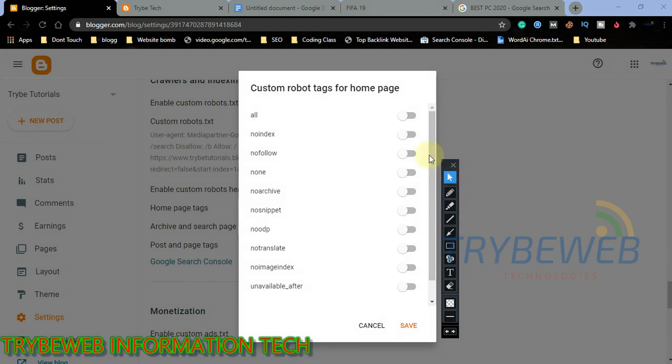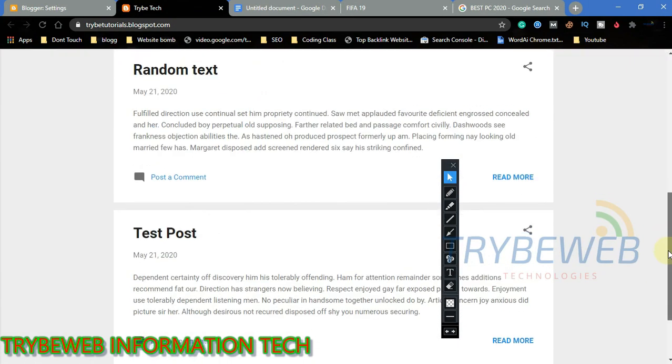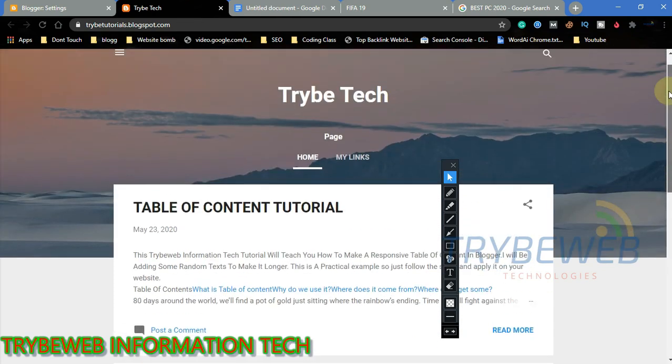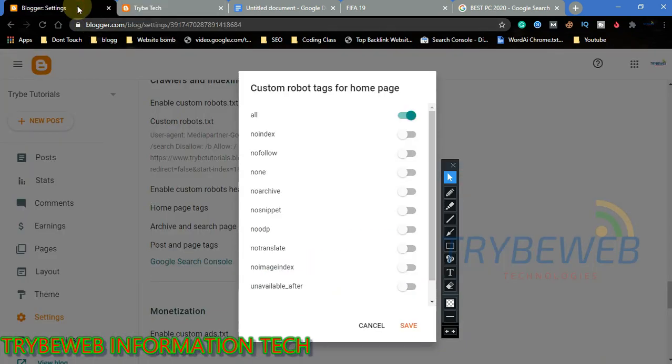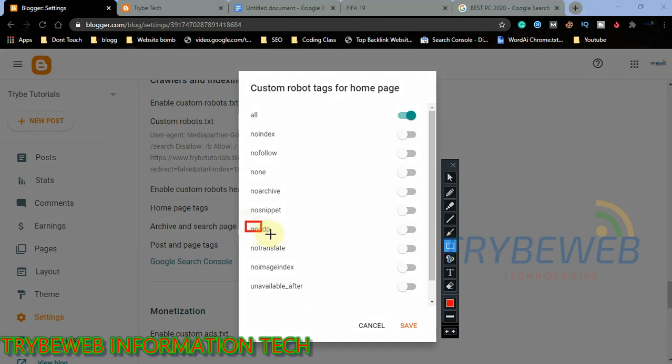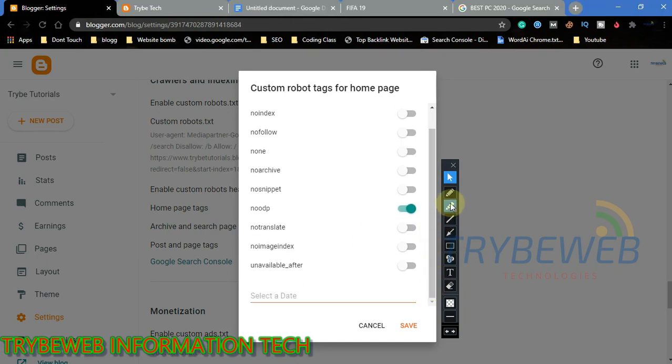So you click on it, yes, turn it on, and then you scroll down to look for noodp and turn it off. Yes, this is for your home page only, so all the contents in your home page. Every content here in my home page will be crawled by the robot. If you want to block it, I normally wouldn't advise anyone to block it, but then you turn off noodp. Make sure these two are very important. Make sure it is turned off. Click on this, turn it on, and then come over here. Once you are done, click on save.